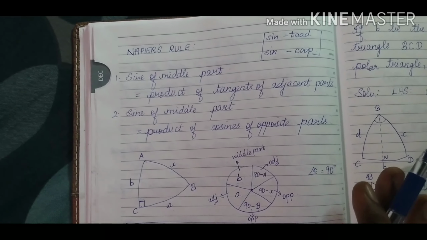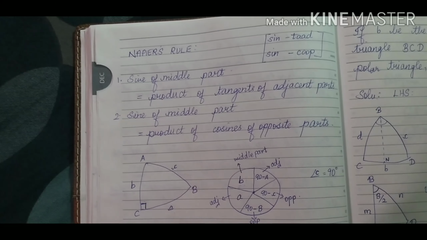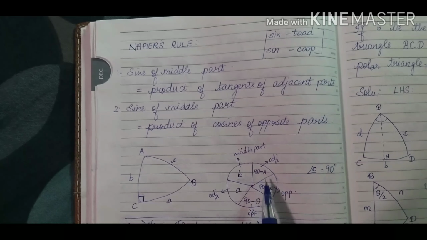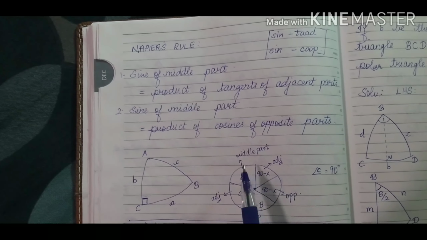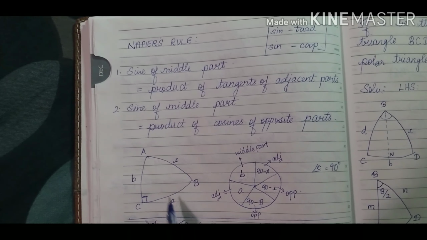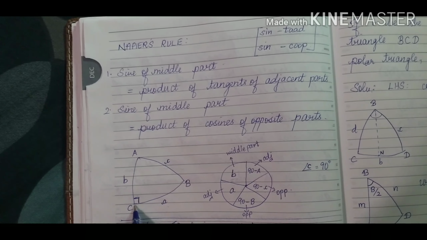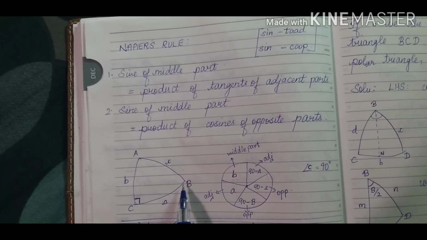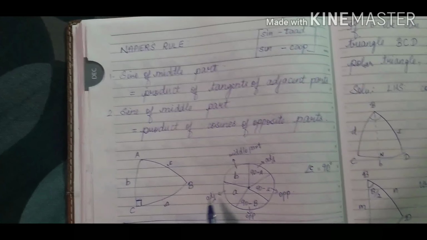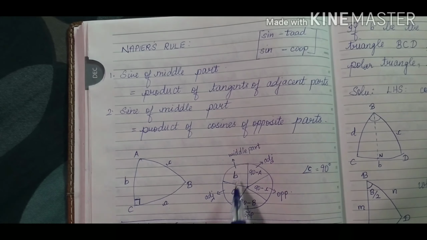Keep this as such. Remaining, how many components are there? 5 components are there. That is 2 angles and 3 sides. So draw a circle with 5 segments. I've drawn a circle with 5 segments. Now consider the sides of the spherical triangle, or the components, which hold this 90 degrees. We have here this side a and this side b holds this 90 degrees. Write those 2 components as such, small b and small a, in 2 of the sections.